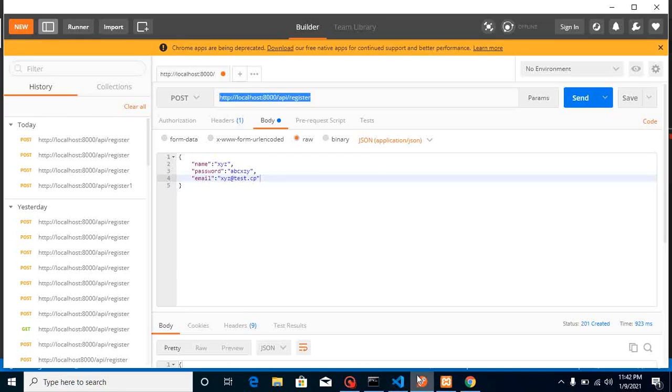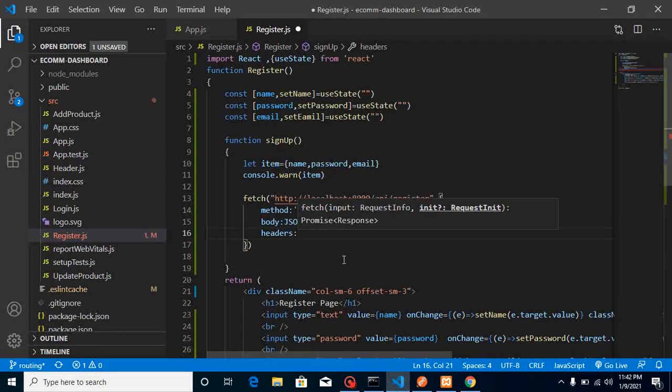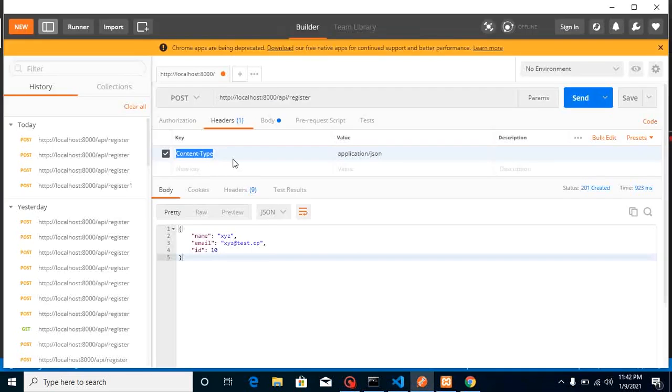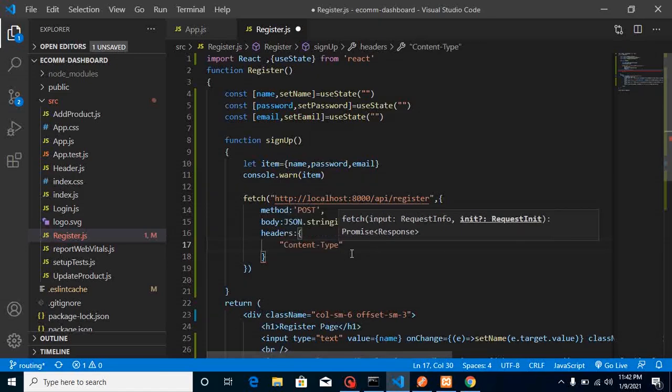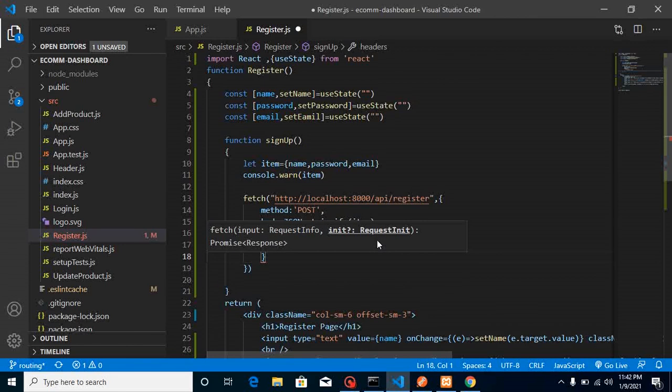And if you want to see how you can send it, you can just select it from here, content type, like this. Okay, I don't need much stuff, so I will just copy it from here. You can even write it yourself, it's totally up to you. This is a key, and the value will be application/json or application/form, whatever data you are sending. But in 99% of cases we are sending JSON data, so you can simply write here